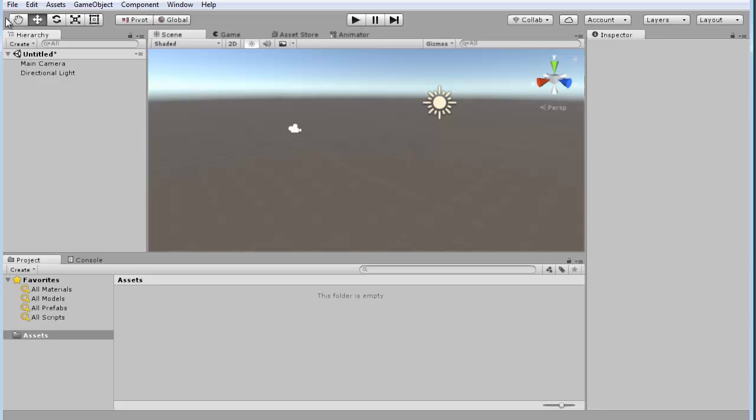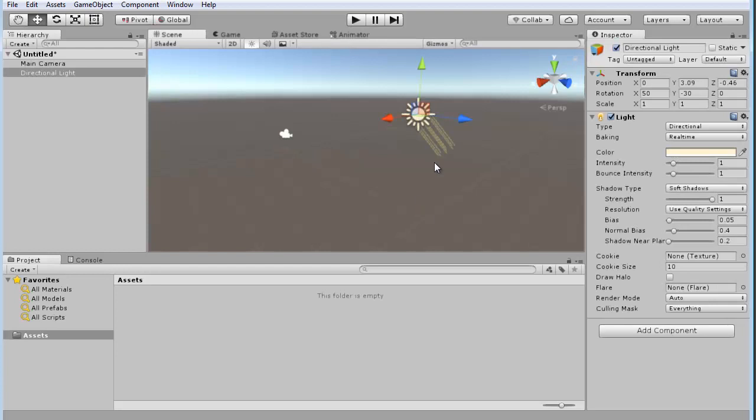The buttons along the top here, we have basically the hand tool, move tool, rotate, scale, and kind of a subcomponent mode here, which is like a transform tool. They all work just like they did in Maya, and the shortcut keys are all the same as well. So W is to move. If I select, let's say, this light, W is to move, Q is to select, E is to rotate, and